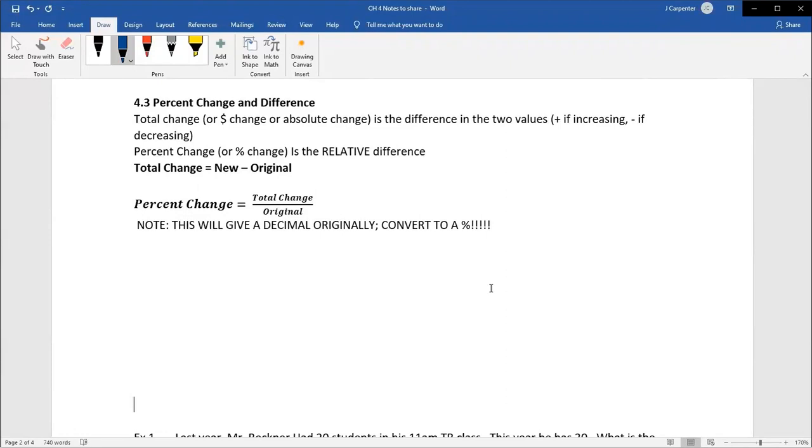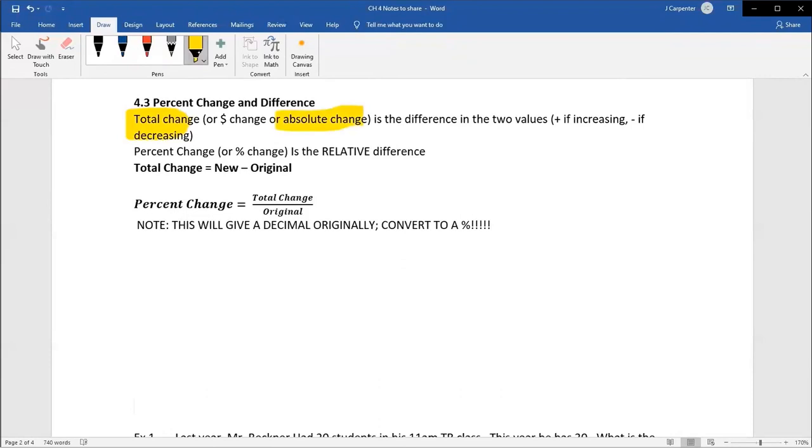Let's actually discuss it. Let's learn the formulas that you'll have to memorize per usual. When I call these formulas, I also tend to prefer just to call them concepts, because as you know, I call a formula that only has one step a concept. So total change. Total change is the first thing we talk about because it's the easiest thing to talk about. Some people will also call this a dollar change when we're talking about money, or an absolute change. So total change and absolute change, those phrases really mean the same thing. Also, dollar change means the same thing, but again, that's very topic specific.